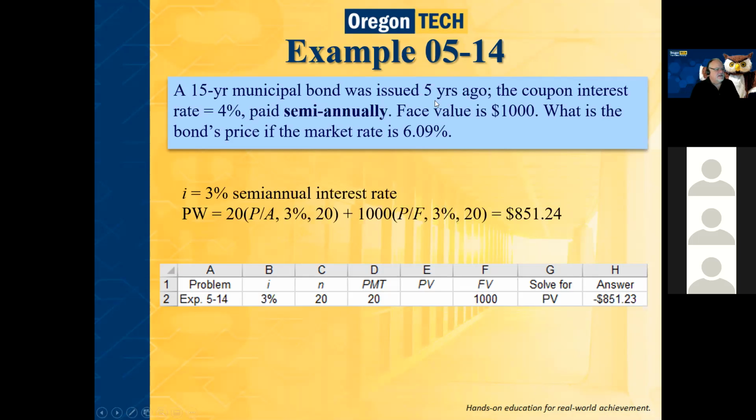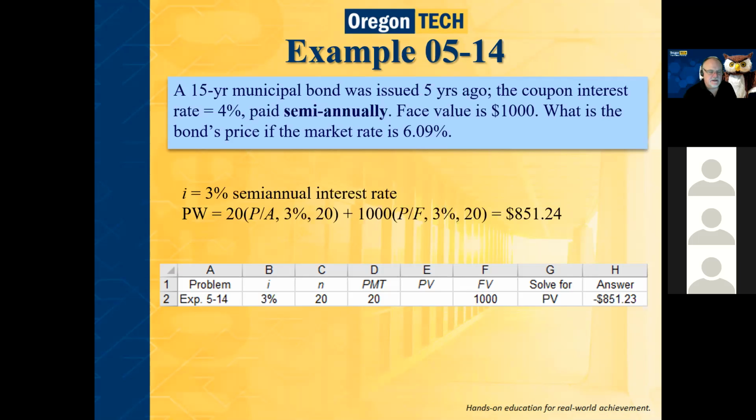Yes, it was issued 5 years ago. So only 10 years to go. So any calculations you're going to do aren't going to be on a 15-year bond. You've got 10 years left on that bond. What happened in the past, we don't care about. We've got 10 years left till we can collect our $1,000, because that's what it says the face value is,